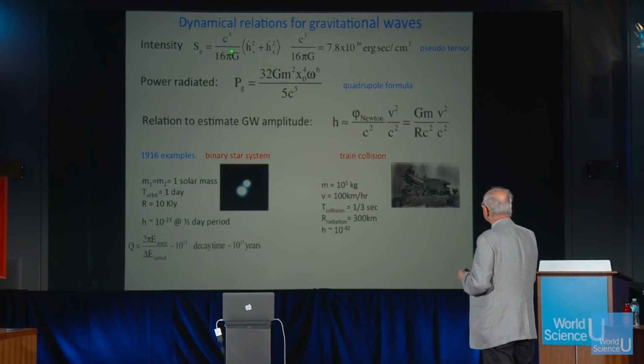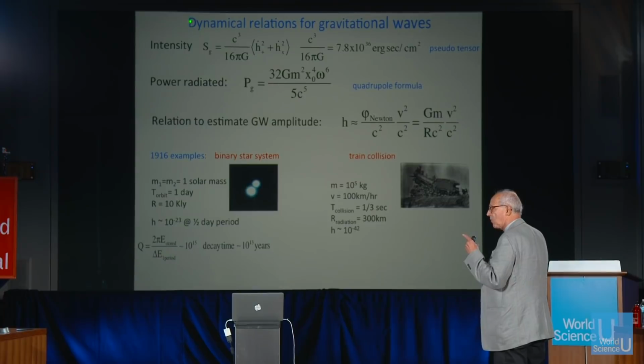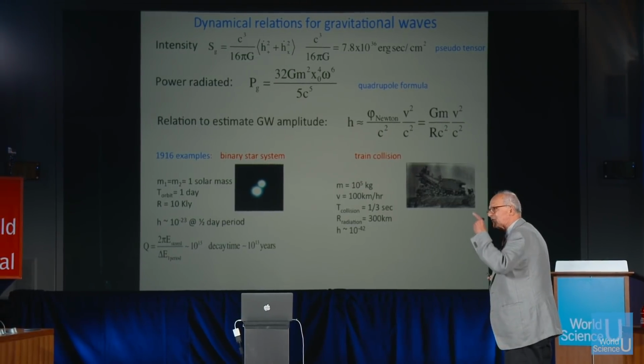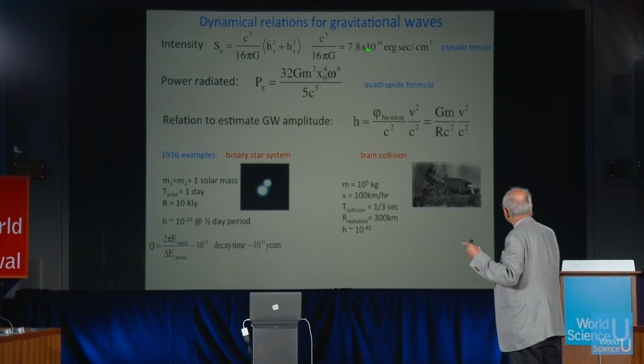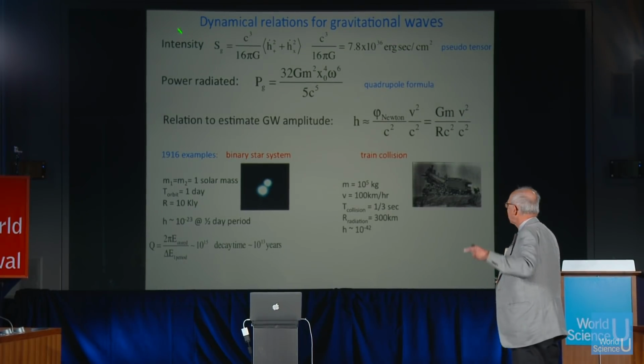It turns out that this relationship relates the time derivative of the strain, the time change of the strain squared, with the intensity in the wave, what you would call the power in the wave. The amount of power, that's the number of watts, if you want to call it, or ergs, in case that's what I use here, it's the CGS units, ergs per centimeter squared per second. That is in the wave. And you'll see this, it's a very simple relation.